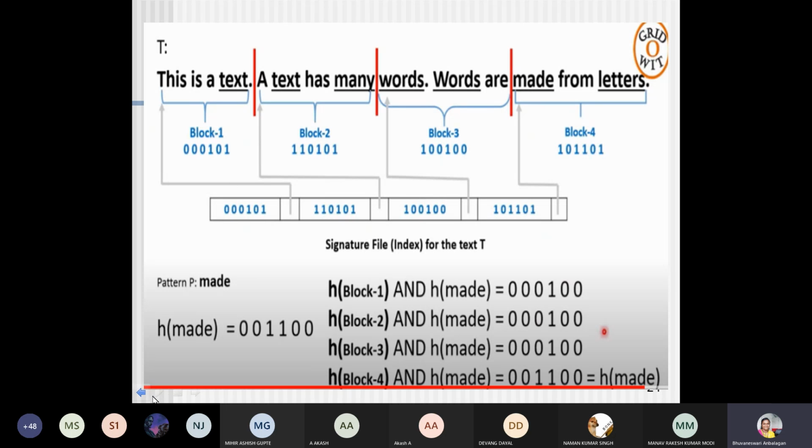I will give you a set of numbers, and what I'm going to do is number mod 10. Number mod 10 is going to be my hash function. For example, 32 is my data that is available in my text file.